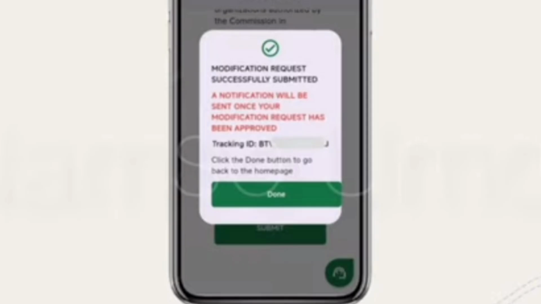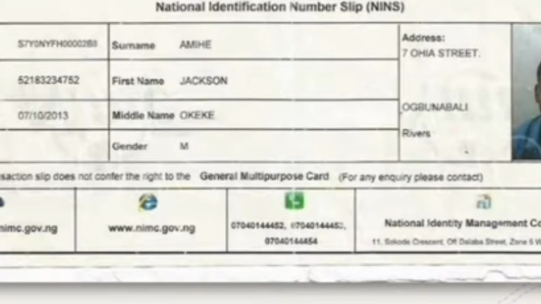After you've submitted it, a notification will be sent to your mailbox that in a few days it will be approved. So after 3 days it is going to be approved. It doesn't take long. So after that, you need to go to your dashboard and download a copy of your